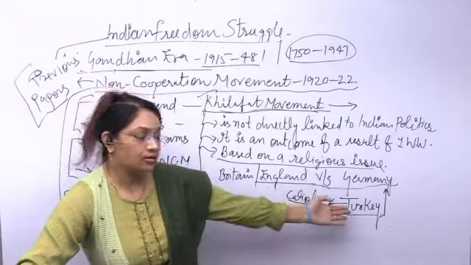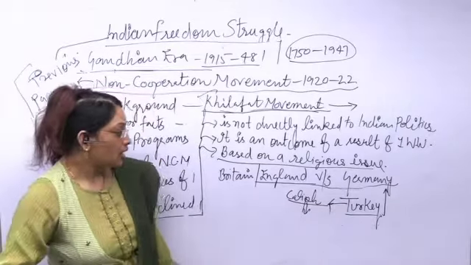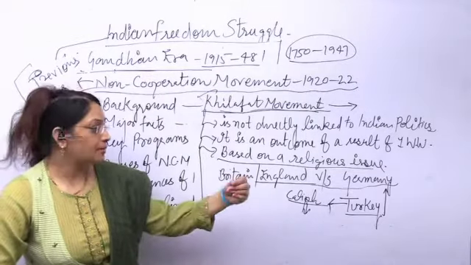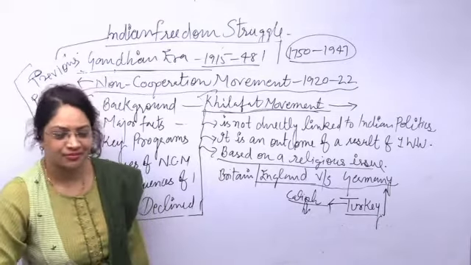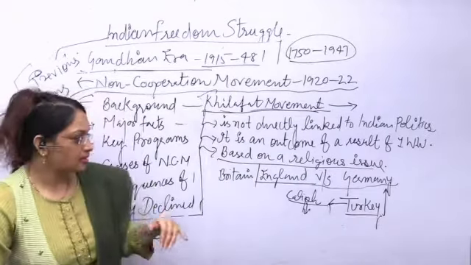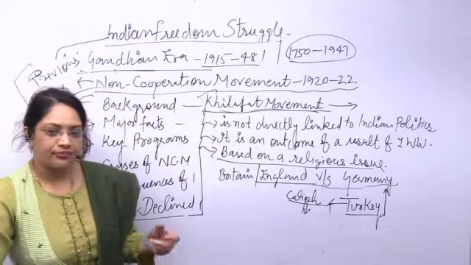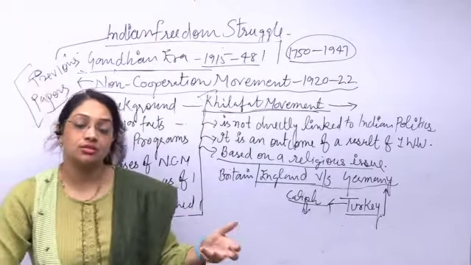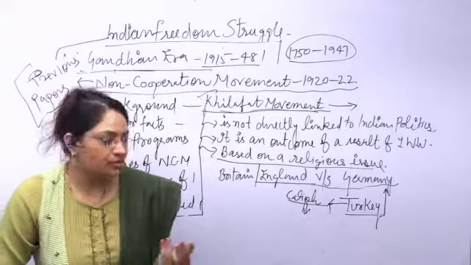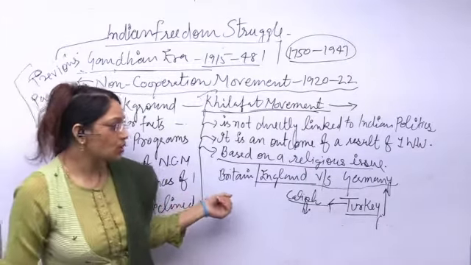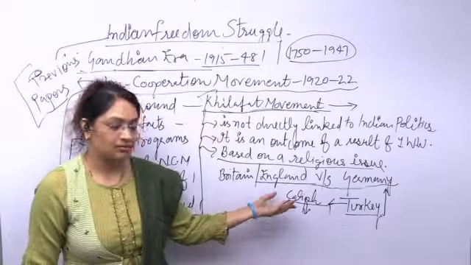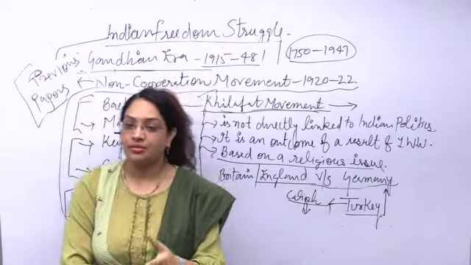And what did England do with Turkey, yeah? After the First World War, England dismembered the Sultan of Turkey. Dismembered means Turkey was distributed among the alliance parties like England, some parts were divided. And finally, the Caliph, who is regarded as a religious teacher of the entire Islamic community, Muslims have religious sentiments with the Khalifa, right? So when England dismembered the Sultan, the Khalifa, their religious teacher was removed from the office